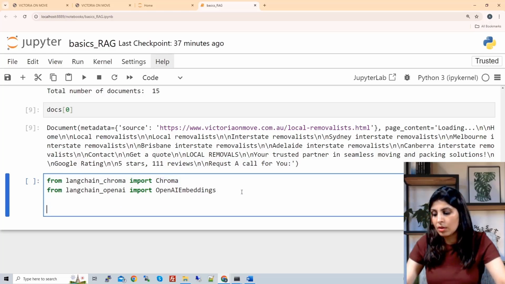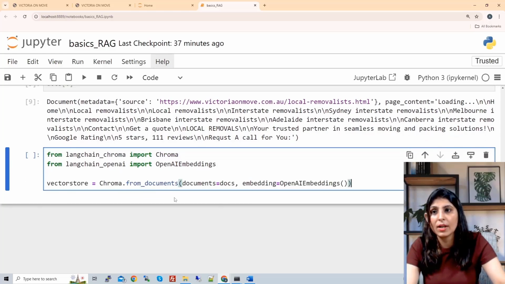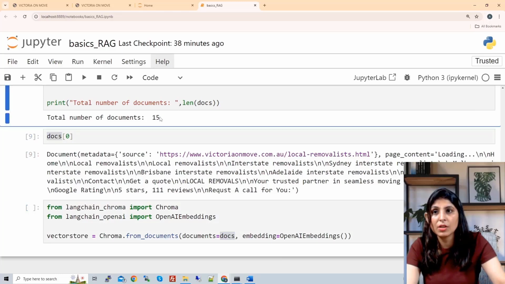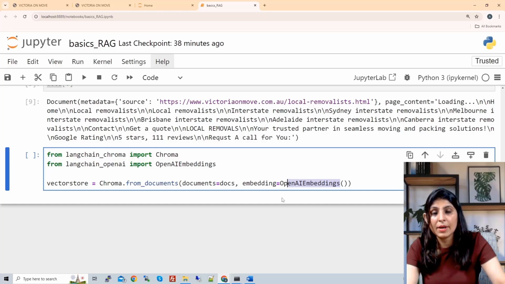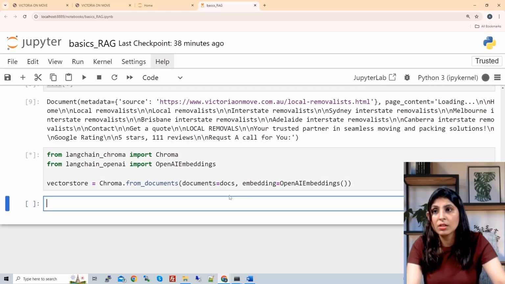So how do we do that? For that we just need to write this one line. First, we are providing the docs, which are the 15 documents. Then we are applying OpenAI embeddings on it, which will convert the text into numbers. Then we are storing those numbers into Chroma. Those embeddings are getting stored in the Chroma vector database, and this is the variable which has all this task. So when you execute it,